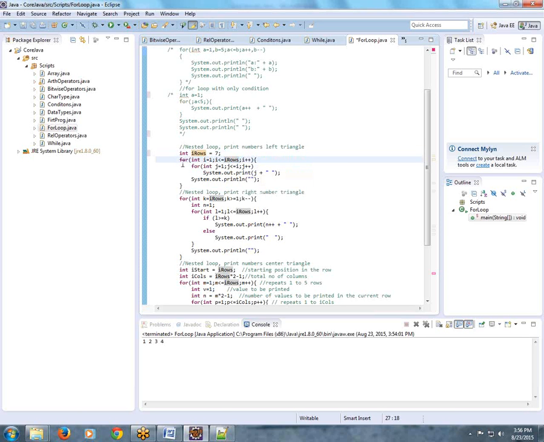And in each execution of the first for loop, inside it we are defining another for loop, one more for loop inside the first for loop. For what purpose? This first for loop prints the row. And this inner for loop prints